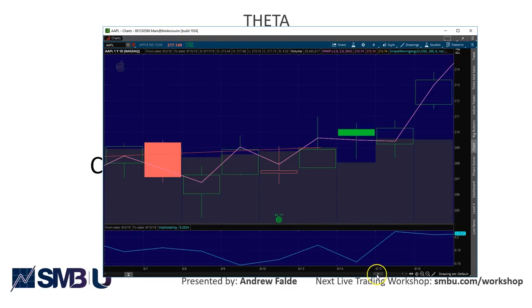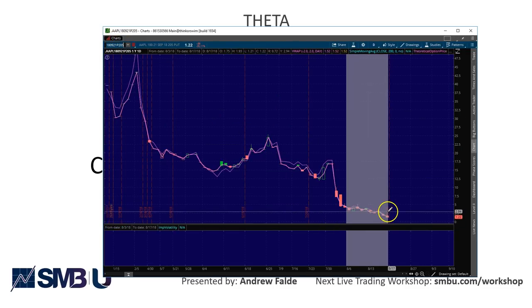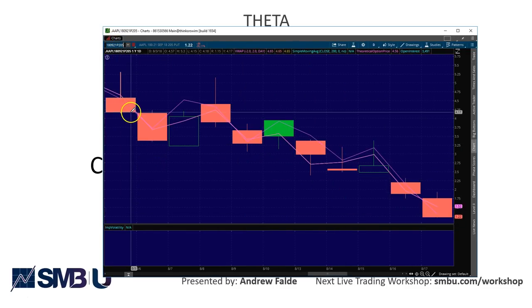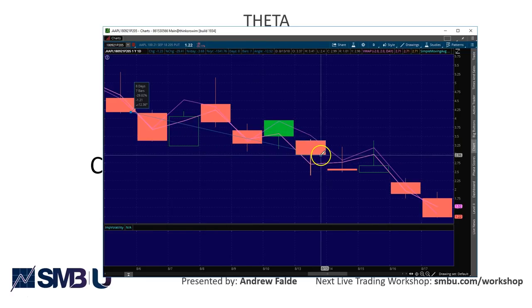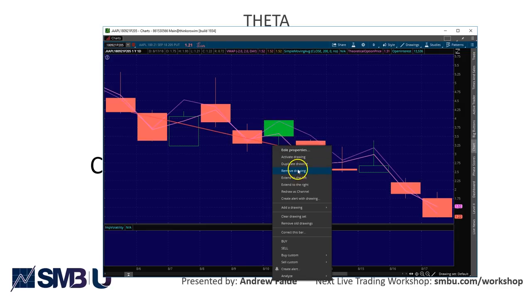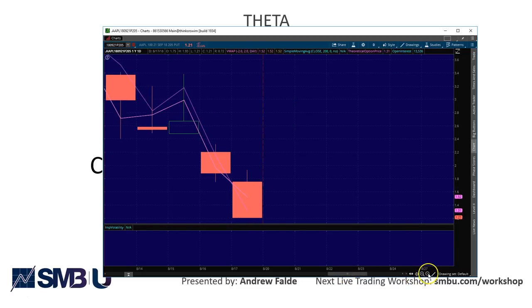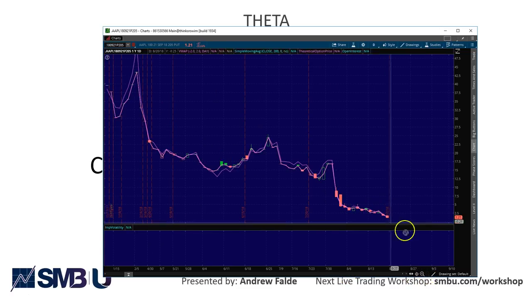There's not a lot going on there. Very, very flat market. Here, if we look at the option though, we can see that the decline in the option was a little bit more persistent in there. Now this was a quick random example. I could probably go find one where you'd see a huge change in there, but this one was just a slight